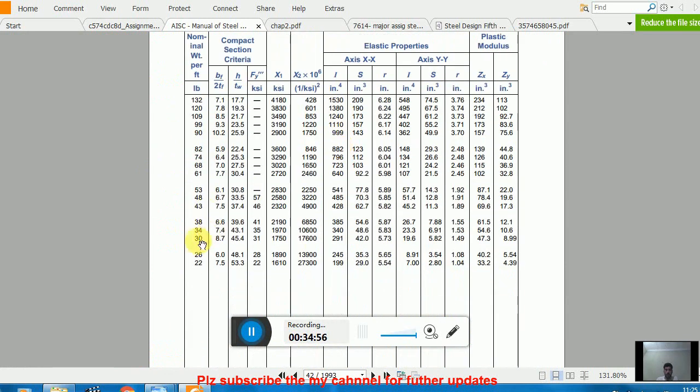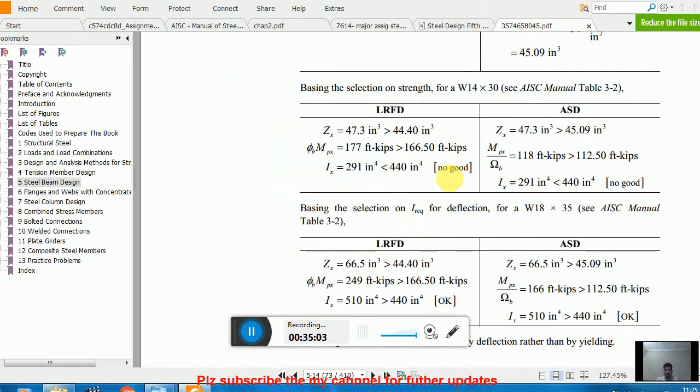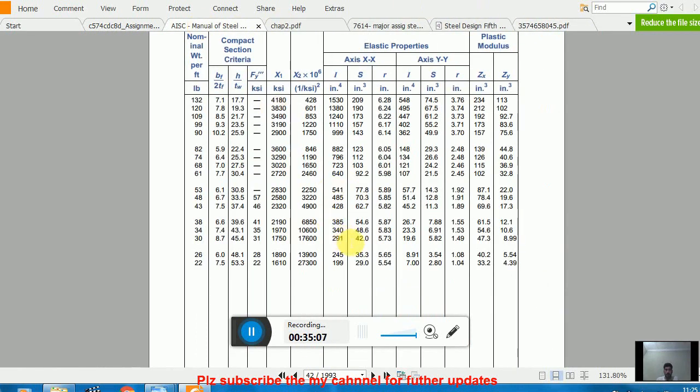Here you have to scroll down, and W1430 has an IX of what have they selected? IX 291. So IX 291 you see right here. This is your required value of IX, which is more than